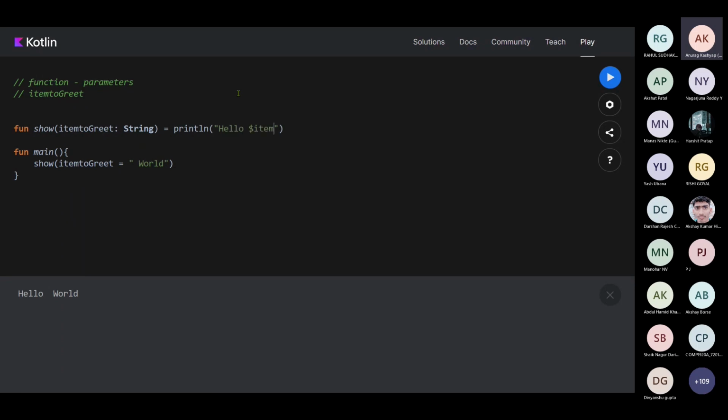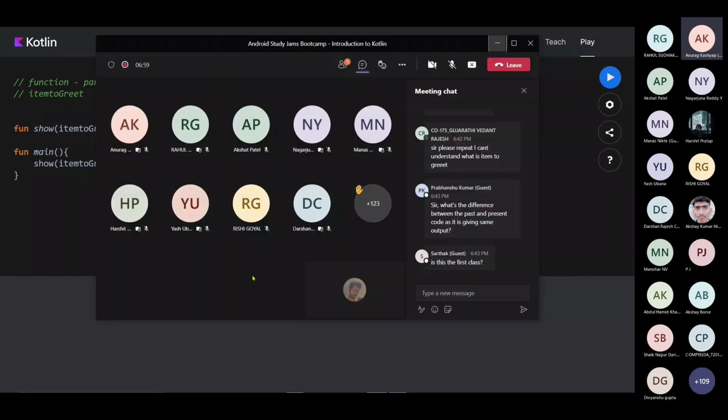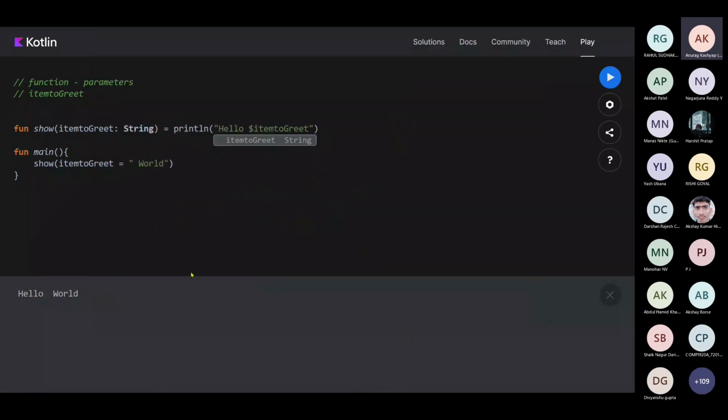Now let's just execute this code. Yes, the only difference between the past code and this code is that I have made it quite simpler.